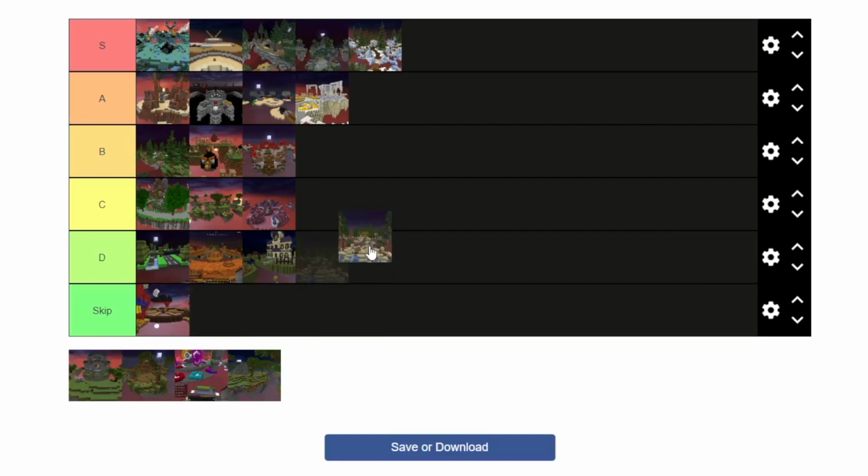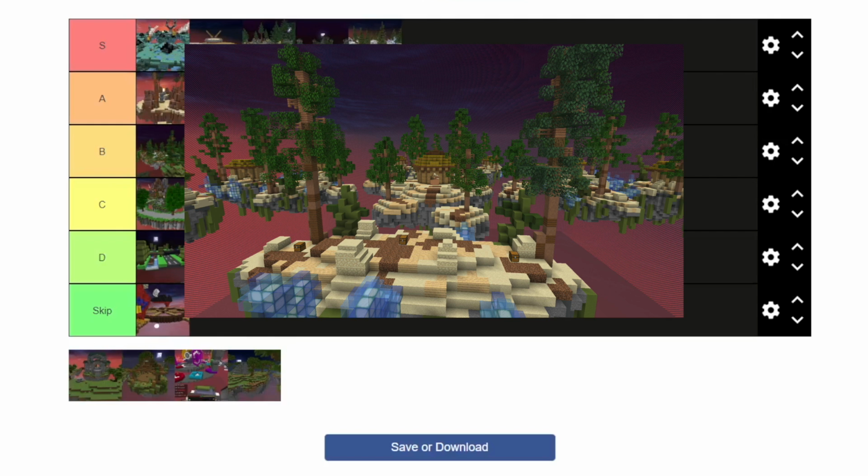This is also a C tier map in my opinion. I'm actually going to put it above Alien. I'd rather play Beach than Alien, to be fair. Beach is a fun map. Building is very simple, not that many blocks to get to middle, but I find that a lot of people